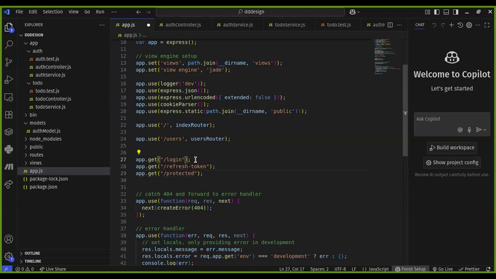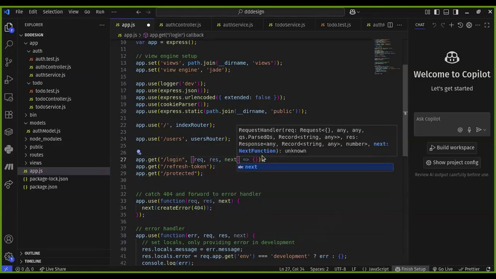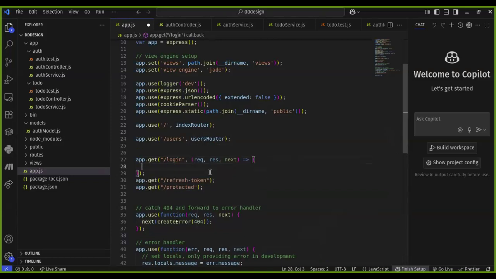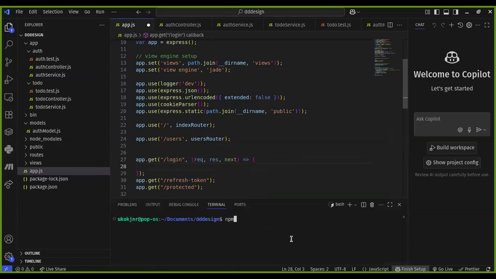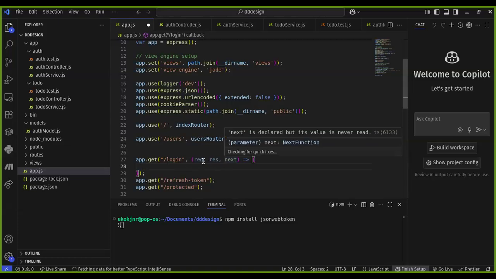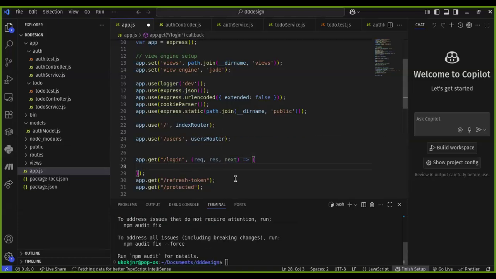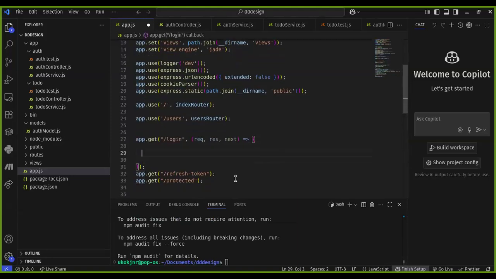So here what you do is you'd say request, response, next, right? Then inside here, you install JSON web token. So npm install jsonwebtoken, which you're going to use to create the tokens. Okay, while that one is installing, what we will do is we'll then say